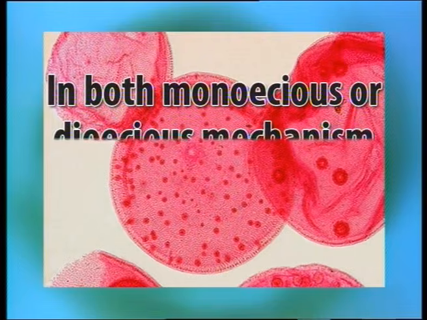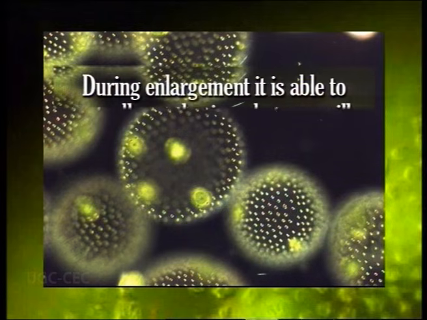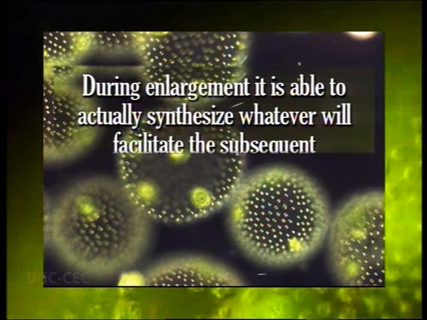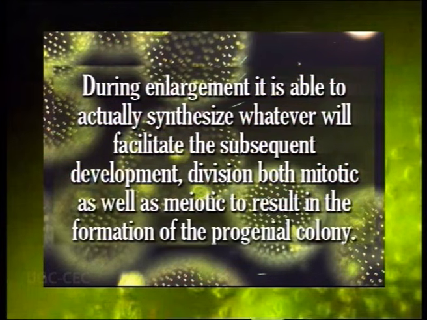Irrespective of what the mechanism is, whether that is monoecious or dioecious, that is, where the fusion is within the colony or outside the colony, once the zygote is getting formed, it has been seen that this zygote initially enlarges in size. That is where the fusion of the sperm cell and the egg cell is forcing the zygote, that is the diploid progeny, to enlarge in size, and during its enlargement it is able to synthesize whatever will facilitate the subsequent development, division, both mitotic as well as meiotic, to result in the formation of the progenial